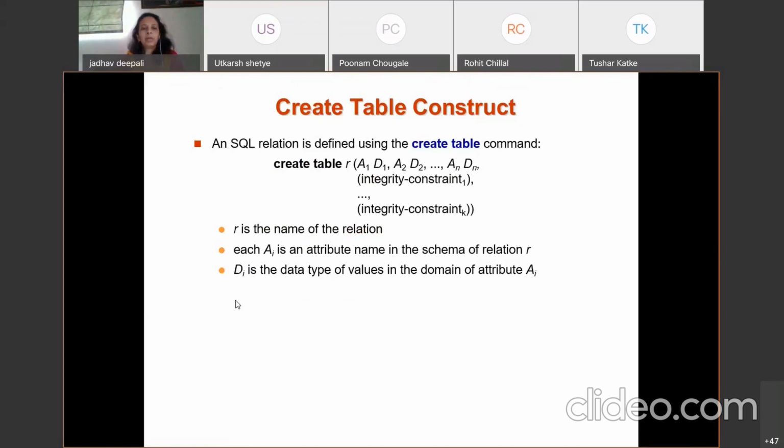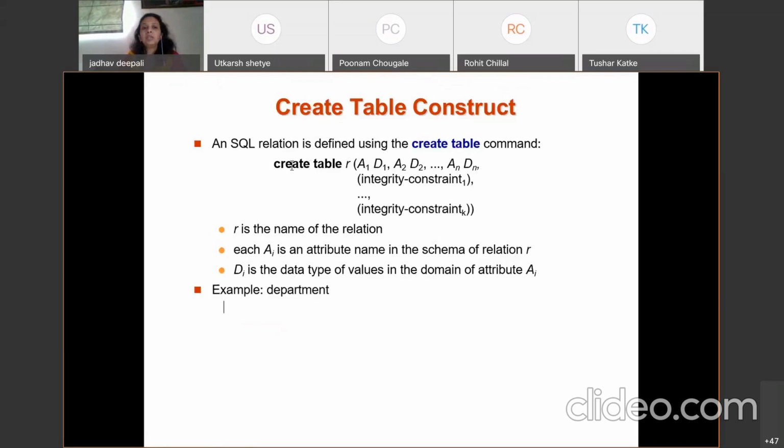Now, for example, suppose we are going to create the table for department. Along with me, you can write it in your notebook. Create table department. Now see, I forgot to tell you that create table are keywords in SQL. We cannot change these keywords.